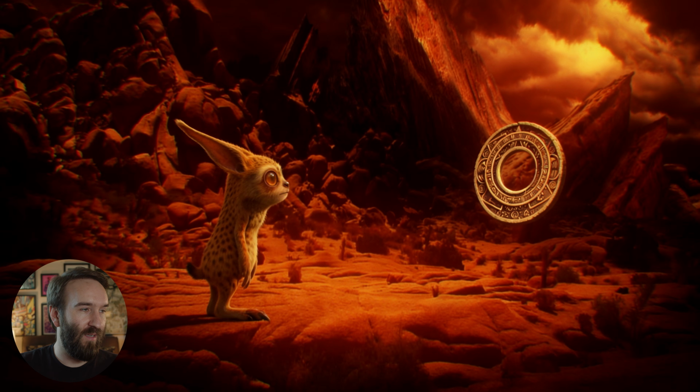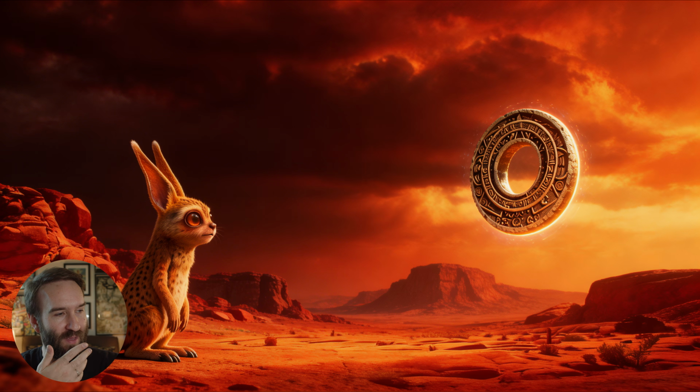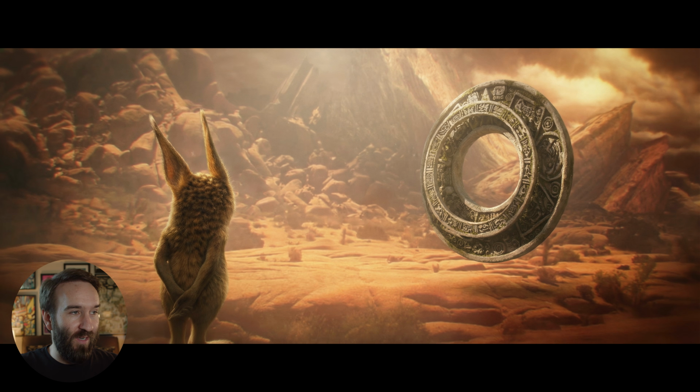Like, how in the world is this supposed to work? Maybe AI is more successful with things that aren't high concept, things that already exist, I guess like people, real animals. This wants to turn this animal into a rabbit and it's looking like a cartoon or something. This is my attempt to do it inside of Cinema Studio 2.0, trying to create an image. This just looks so terrible.